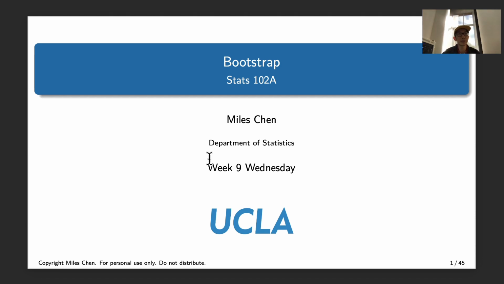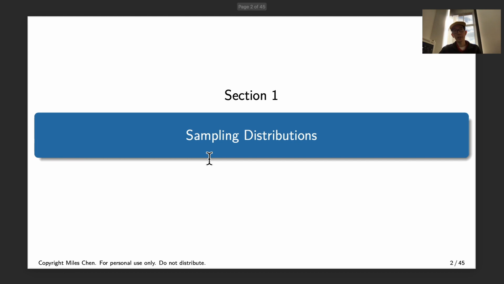Today we will take a look at Bootstrap. So on Monday we had randomization tests, and today we'll take a look at Bootstrap. And kind of the whole idea is that we want to do statistical inference, which means based on a sample of data, we want to draw conclusions about the population. And a key thing in order to draw conclusions about the population based on a sample is we need to